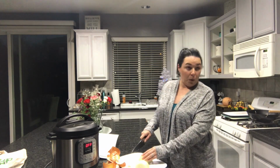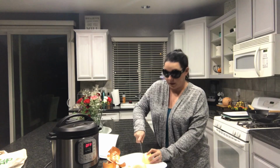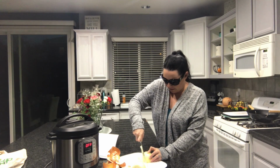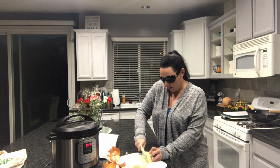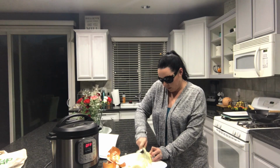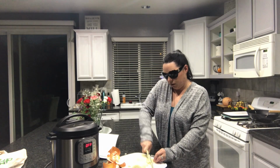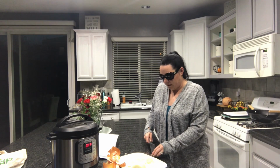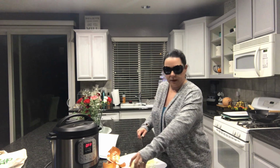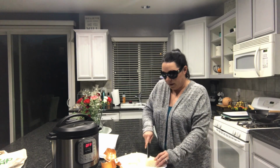Oh, I can feel it. Woo! Hold on, we can fix this. Did you guys ever do this? Totally works. It says in here to use the pressure cooker if it has the option to saute, which ours does. I think most of them do now. Maybe older models may not have that feature. Guys, I'm telling you, use sunglasses. It totally works. And